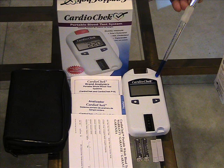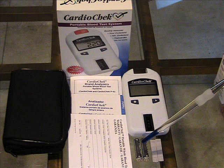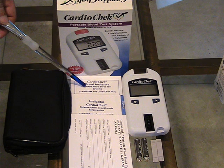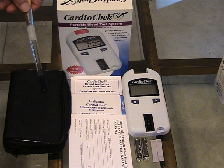There is the CardioChek analyzer itself. If you look closely at the screen, you'll just see the word CardioChek. That's important because on a CardioChek PA you'll see the words PA for a CardioChek PA unit. There are 2 AAA batteries, which you can get anywhere, 2 test strips, an English manual, a Spanish manual, a warranty card, and a...